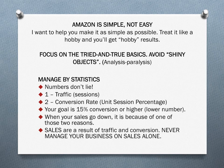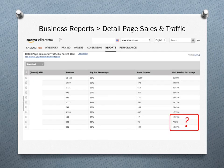So let's look at what that actually looks like. Here is a snapshot from inside of Seller Central. If you go to business reports, so you log into Seller Central, and I shouldn't have to explain this because I have another video on how to use Seller Central, but in case this is the first video you're watching,